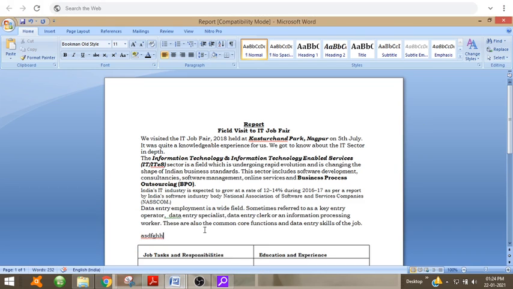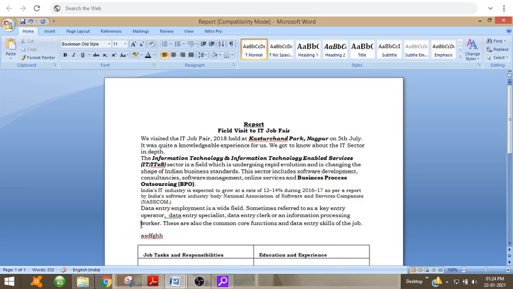So you can see this is the cursor. We can place the cursor in between. Now you can see the cursor is blinking. So when I click on the home key, you can see the cursor moves to the same line but in the first position.